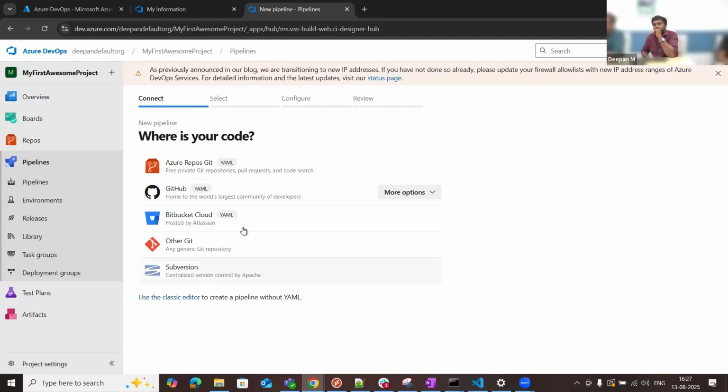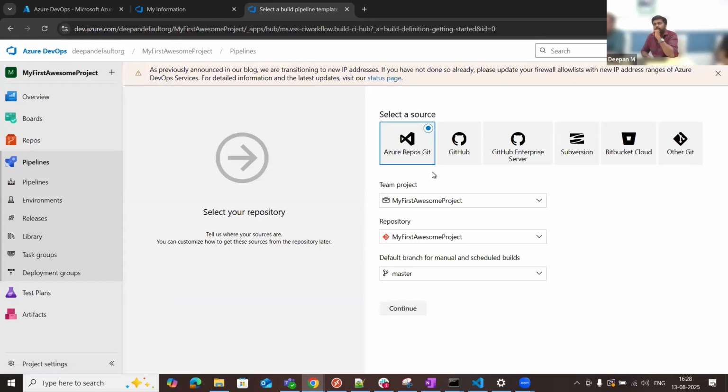On the other side, YAML is an acronym for "yet another markup language," with which you'll be able to create code or structure that can help you get your infrastructure delivered. That's the YAML file. We are short of time, so we'll cover YAML in detail in the next session. With the classic editor,